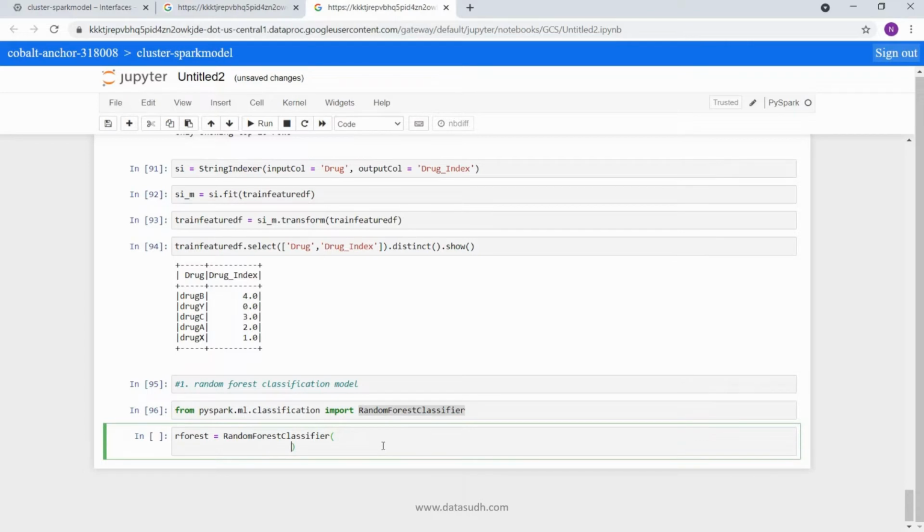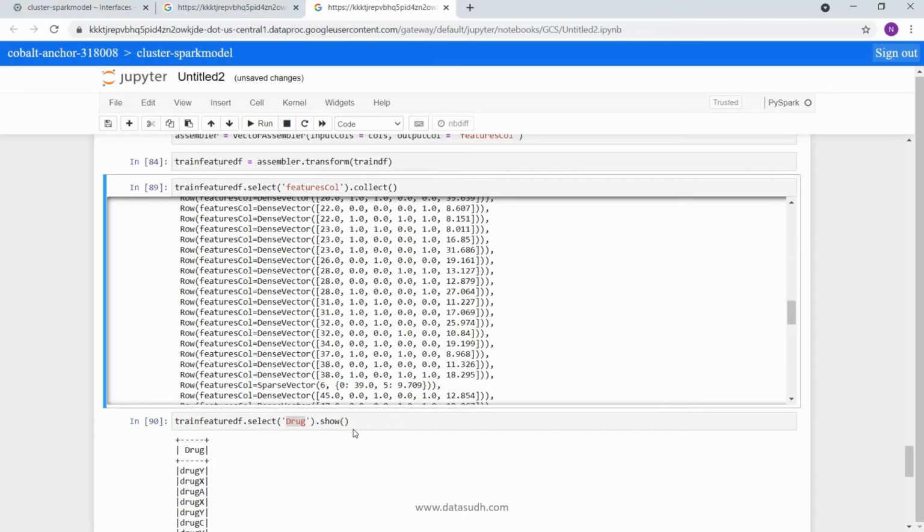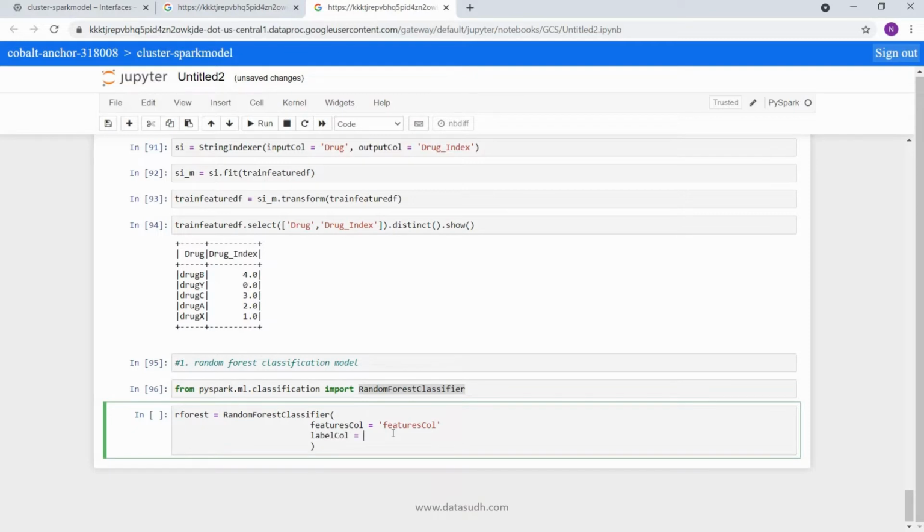The first input to our classification model will be our features column, and the name of our feature column was the same, so we will provide this. For the target variable, which is also called the label column in Spark, we will provide our drug index. So this is the data with which we are going to train, and this is the outcome we are trying to predict.